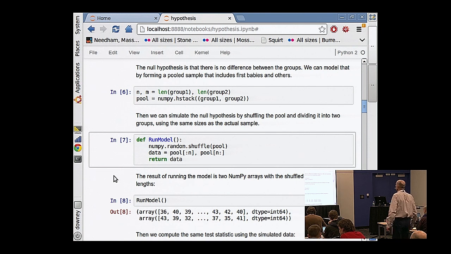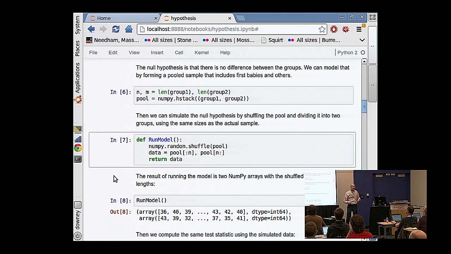Okay, I want to take a look at a little bit of the code that you're running now, especially if you're familiar with NumPy. There shouldn't be anything too surprising, but I want to point out a couple of things. So this is the null hypothesis. The idea is that if you give me two groups, the null hypothesis is that there is no difference between the two groups. And in that case, I don't care who's in which group. I'm just going to pile them all in together. And the way I'm going to do that is by making a pool where I pool them all together.